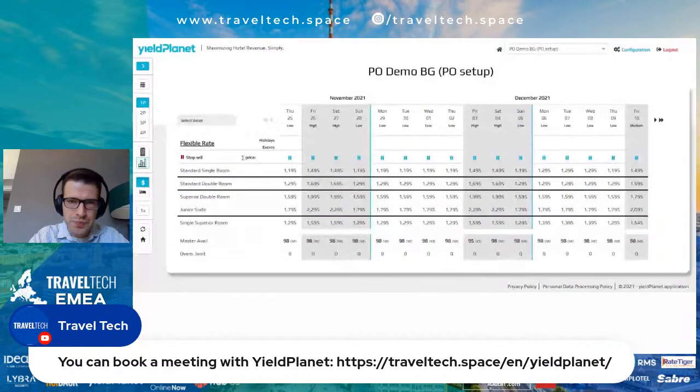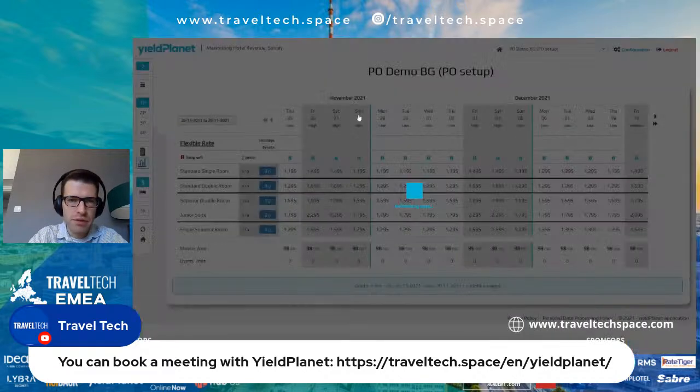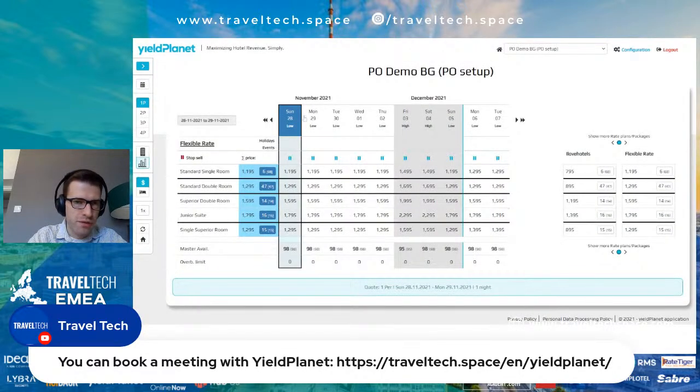This is a demo property, so not everything has to make a lot of sense, but I just wanted to show you the basic concepts. From the daily, operational perspective of a front desk person, it works pretty simply. As you can see, every column here is a different stay date, every row is a different room type. So whenever you receive a phone call, for example, requesting a reservation for Sunday the 28th,